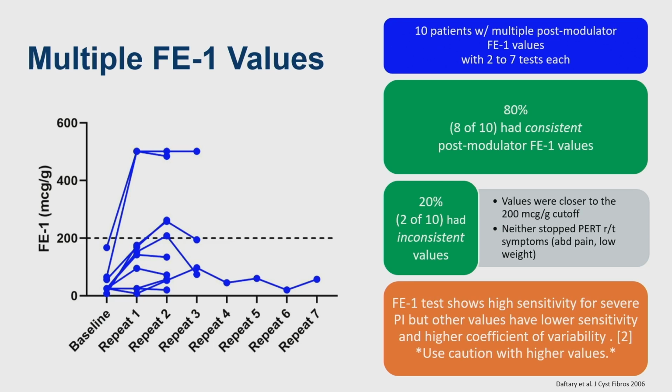The elastase test is really good at diagnosing severe PI. That's what it was standardized for, to diagnose children with PI. So it's really good in those lower numbers. The variability is low, the sensitivity is high. But as those numbers increase for elastase, you get more variability and less sensitivity. So we found that we had to begin to use more caution when children were in those higher values or around that 200 microgram cutoff. We sometimes would say, let's get a second. Let's just make sure before we make any clinical change. And we also wanted to look at, does this elastase value fit with their clinical picture?